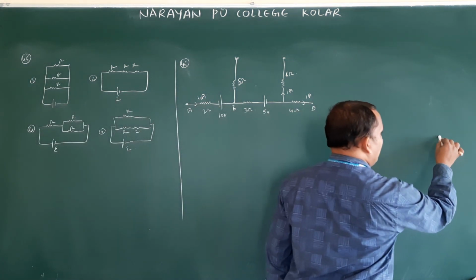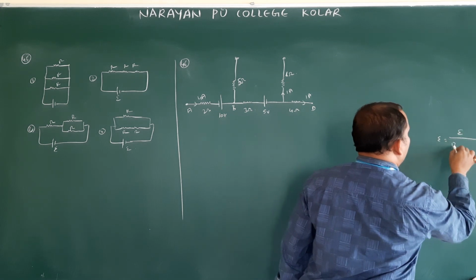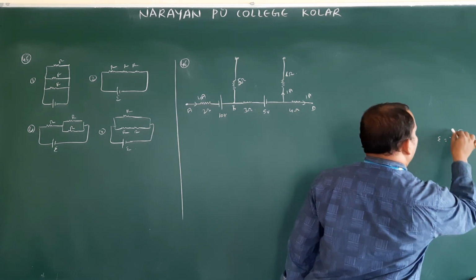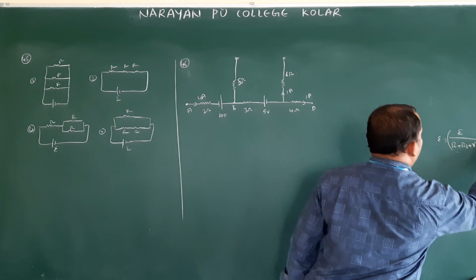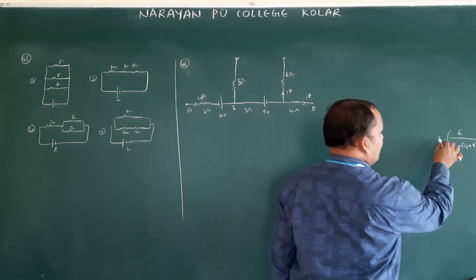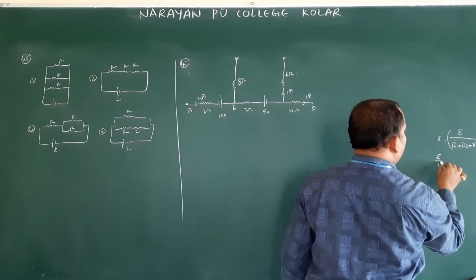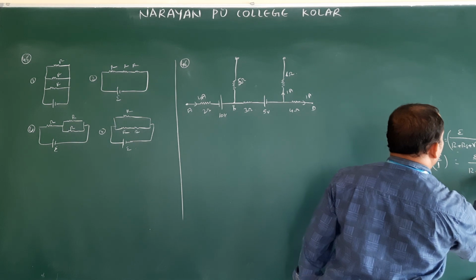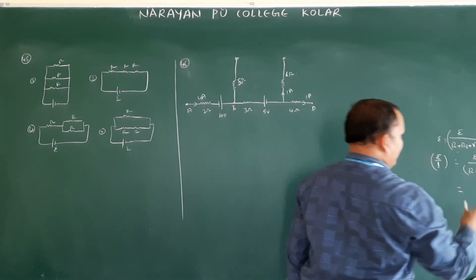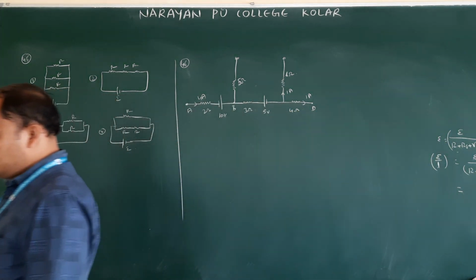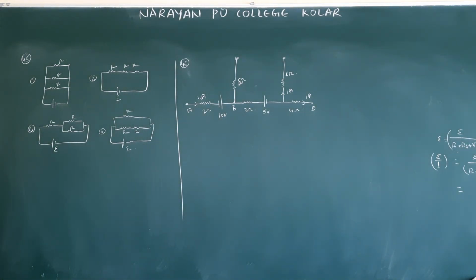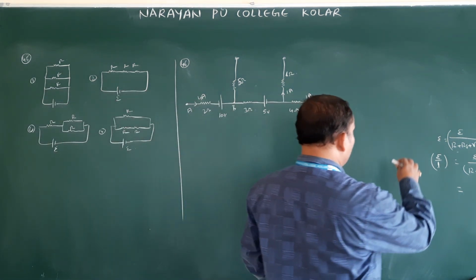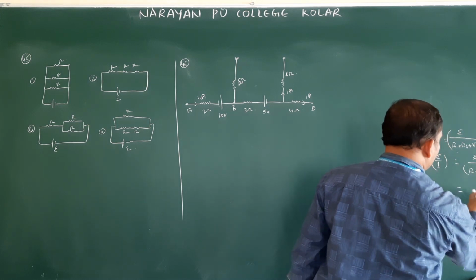Here only I wrote E is equal to E by R plus RS plus internal resistance, into RL by L. So this voltage by length will give the potential gradient. So E R by R plus RS plus r, into length. So EMF, how much voltage did they give? 5 volts battery. And resistance, how much did they give? Resistance is 200 ohms. This length is 2 meters.